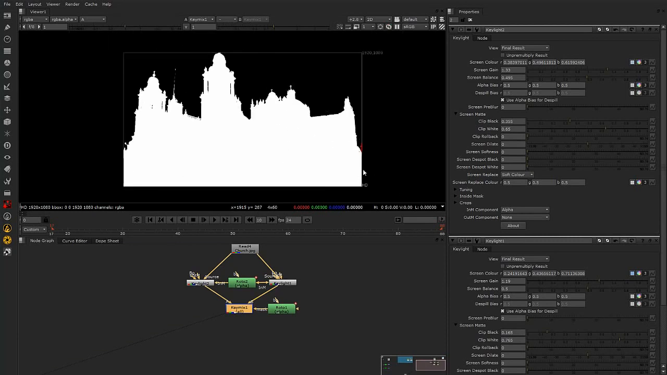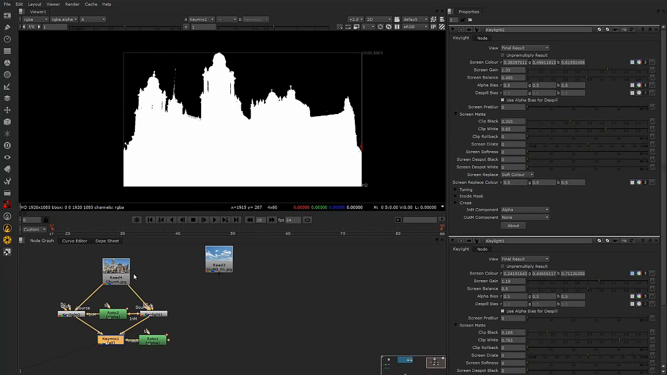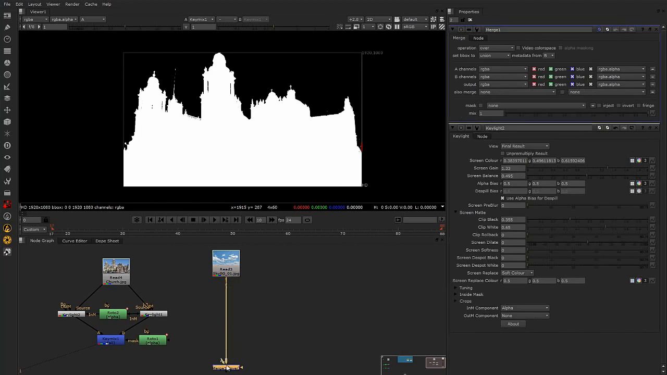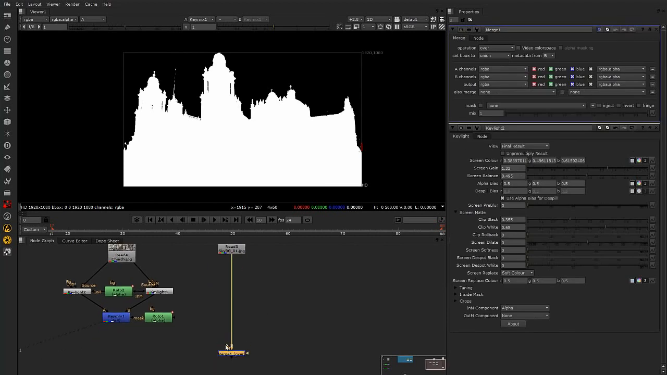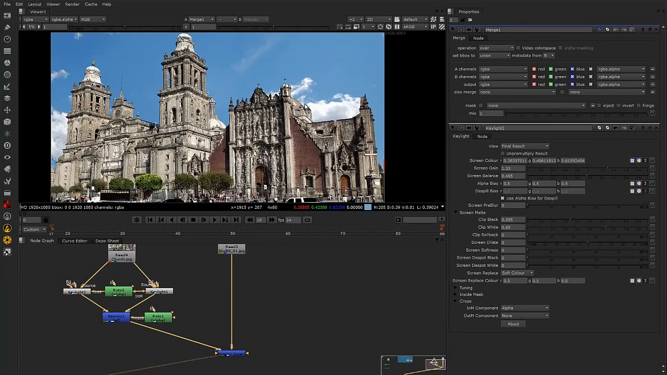The inside is taken care of, the edges are fine, and I've got the sky out on the side there. So the next thing I need to do is to comp it over the replacement sky. So we're just going to hit a merge, M for merge. And if I just do an A over B here and plug this in, go back to my RGB,